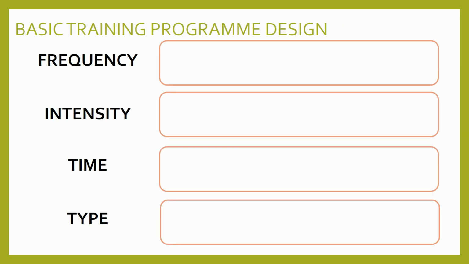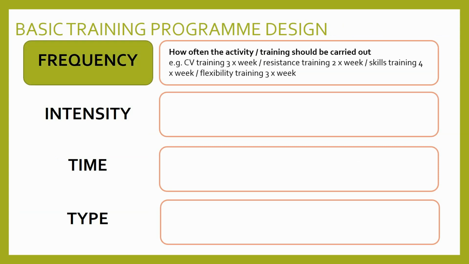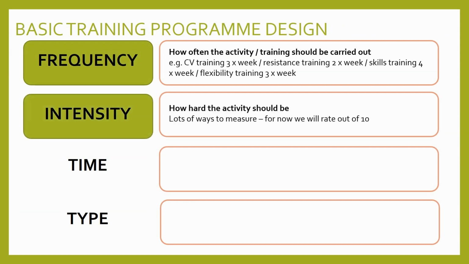And then again, you would have come across the FIT principles. So the basic program design looks at frequency, so how often the training should be carried out. For example, cardiovascular training is 3 times a week, resistance training is twice a week, skills training 4 times a week, flexibility training is 3 times a week on average. Intensity,